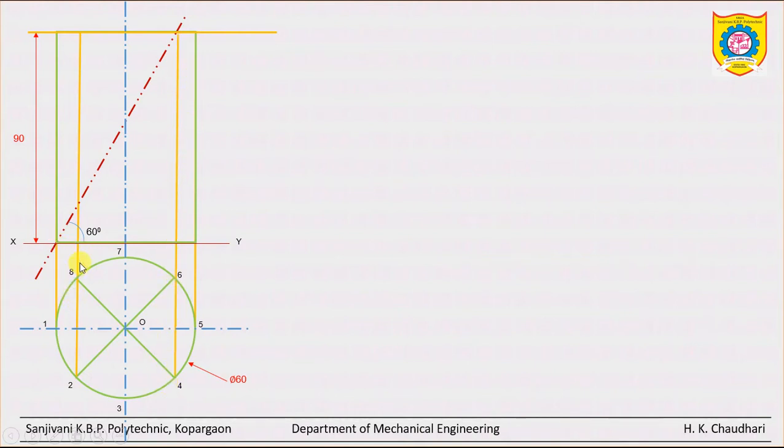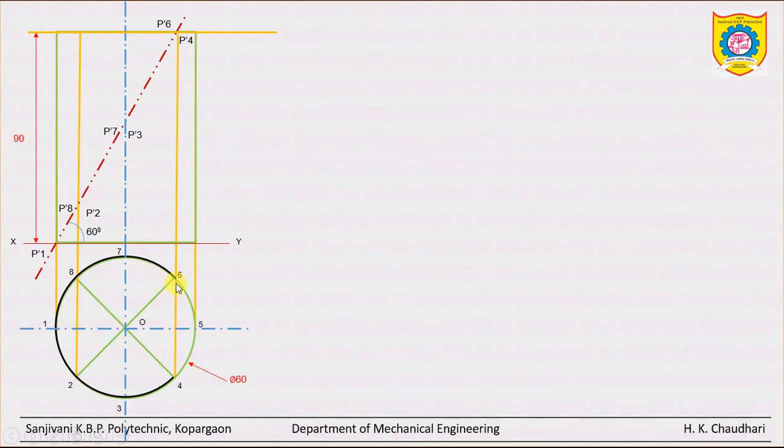Now these divisions or the projections cut this inclined section line at such points. We can locate those points and name them as P-1, P-2, P-3, then P-4. Now P-5 is not there because it is not cut by the generator. So P-6, P-7 and P-8. Next.